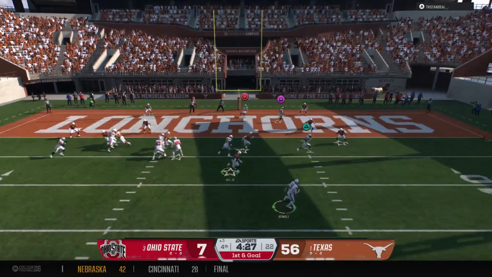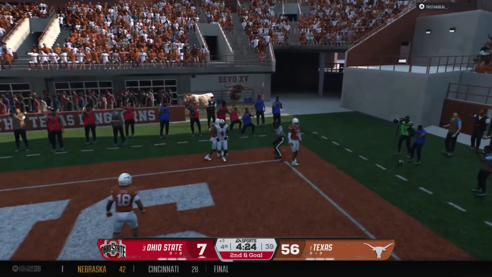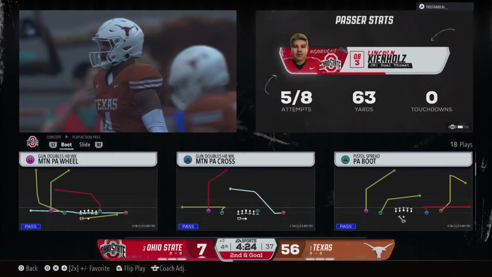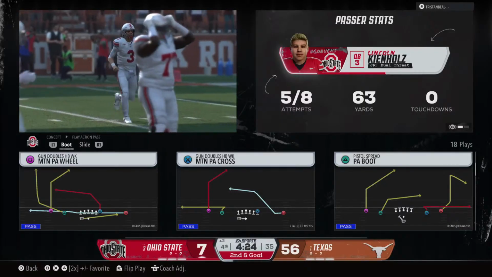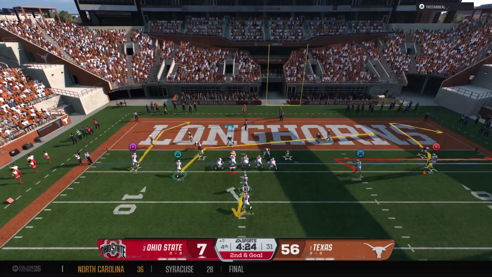Bootleg looking to throw. Launching one to the end zone. Oh, and a chance at an interception in the end zone. Could not quite hold on to the ball. It's going to be second down. Now they come up second and goal from the